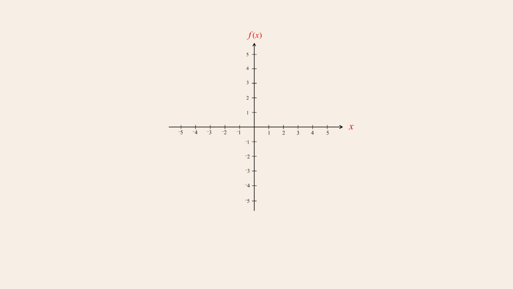The rational function x minus 1 over x has a denominator whose value is 0 when x is 0, and so 0 is excluded from the function's domain, and its graph has a vertical asymptote at an x value of 0. In addition, this function's numerator is 0 when x is 1, and so its graph has an x-intercept at an x value of 1. So the graph of this function looks like this.